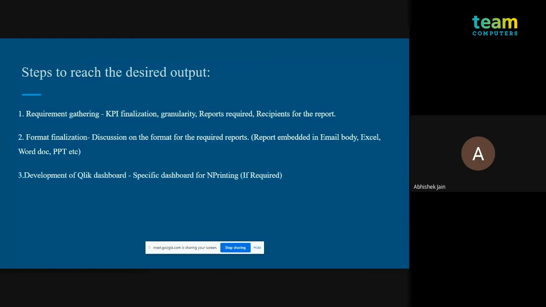So, coming on to the development of the Qlik dashboard. If Qlik is not already implemented at the client and we are moving with a solution, then you might have to build the Qlik dashboard from scratch. But if the user is a matured one and you already have your Qlik deployed there, then you can use the pre-existing dashboards or tweak them to match the imprinting requirement.